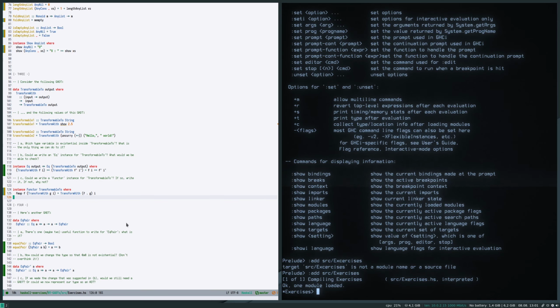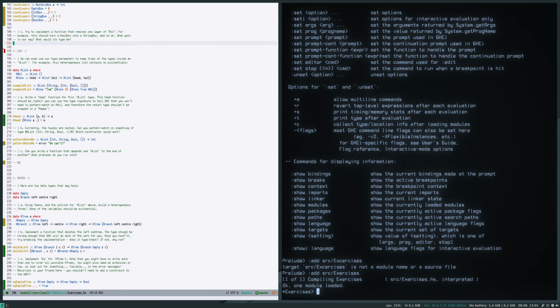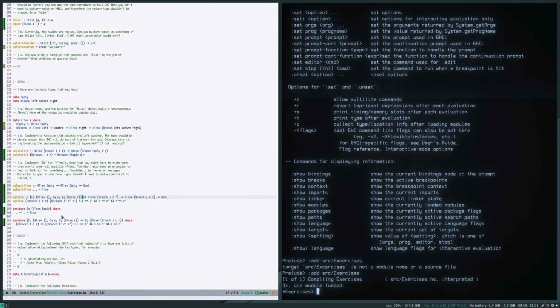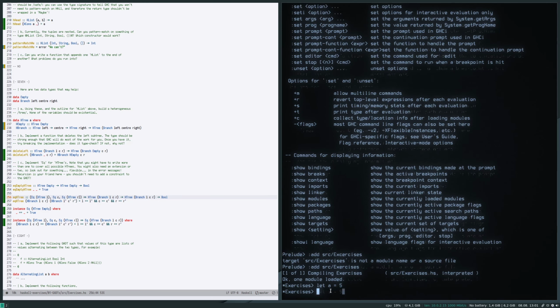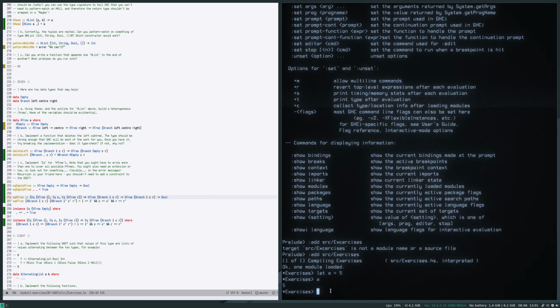Okay. Let's try using EQ3 first. Can I do a equal 5? Okay. So let's do H31, which can be an H branch. Yeah, okay. It's a little unpleasant to write this, but